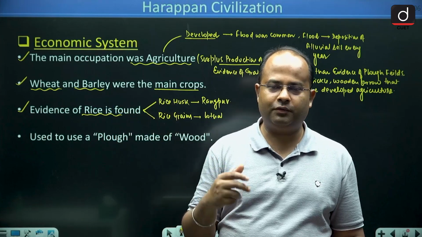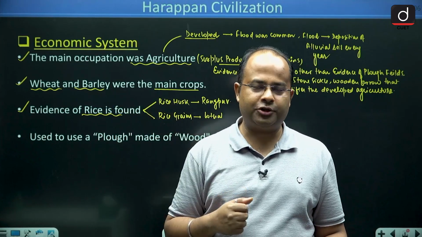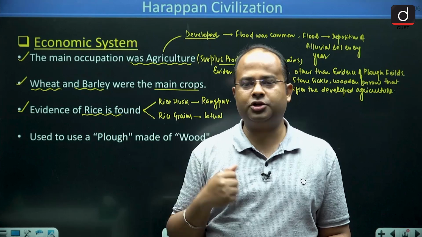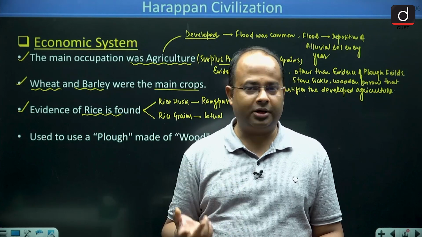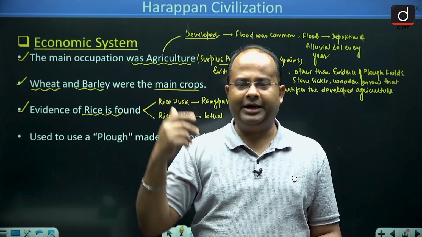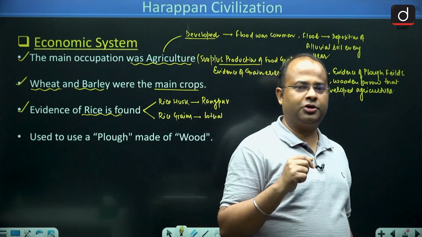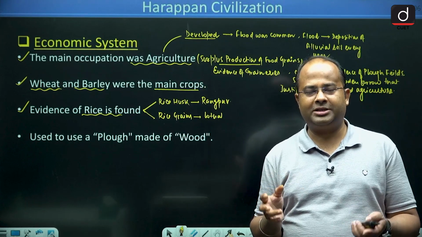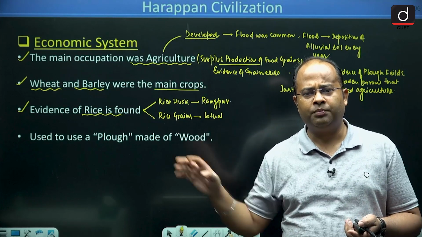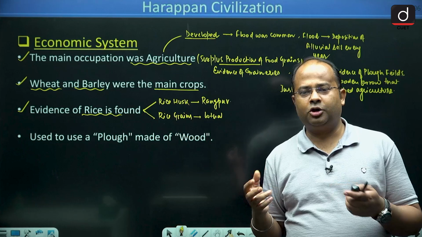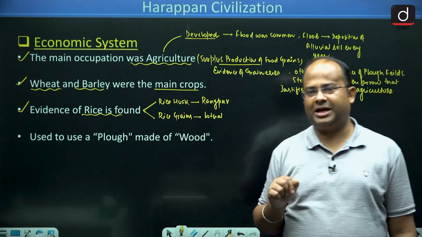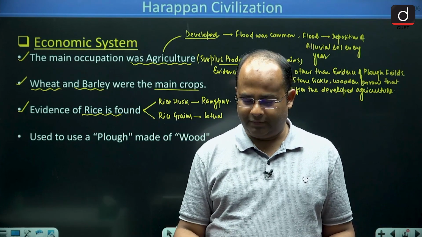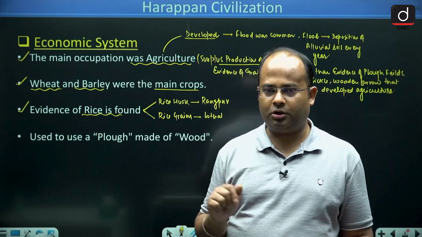items, especially fish, because you will find an idol of a fisherman. You will find an idol of a fisherman who is just carrying a net over his shoulder. So historians concluded that they may be fond of eating fish, because the idol of the fisherman shows that they must have known the art of catching fish. And fish, once they catch, definitely they will consume. So it has been concluded that they might be using non-veg items as well in their diet, but there is no evidence of salt. We have not found the evidence of whether they used to consume salt or not.